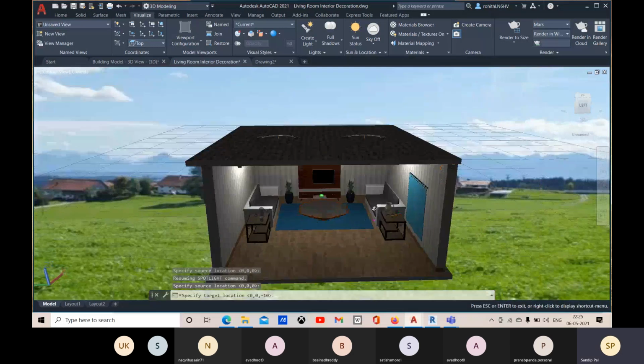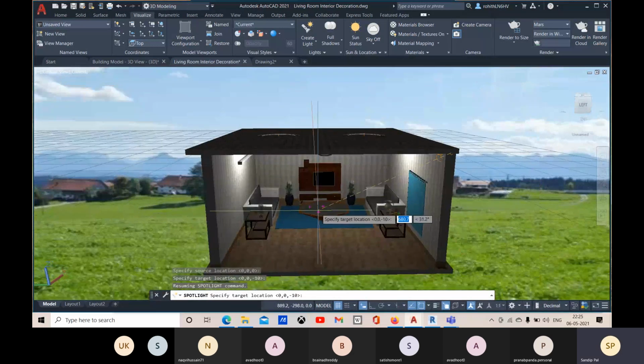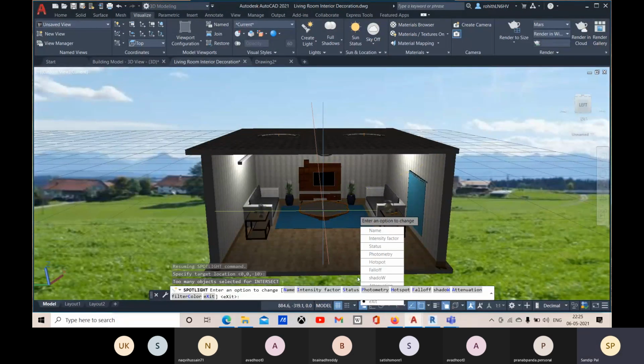Let me place it at this point, and later I will change it. And this will be the target location.